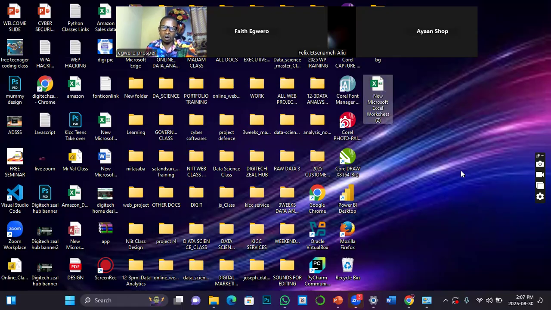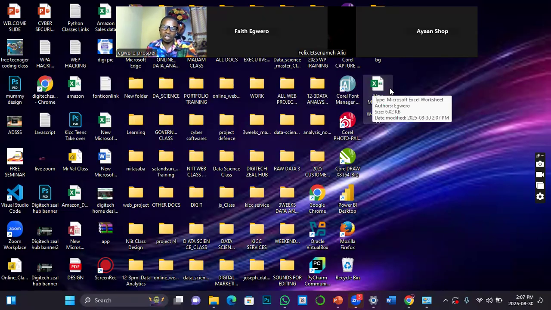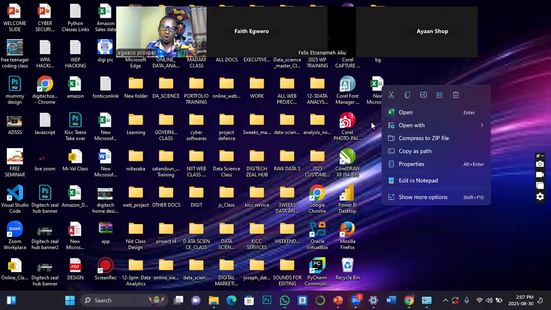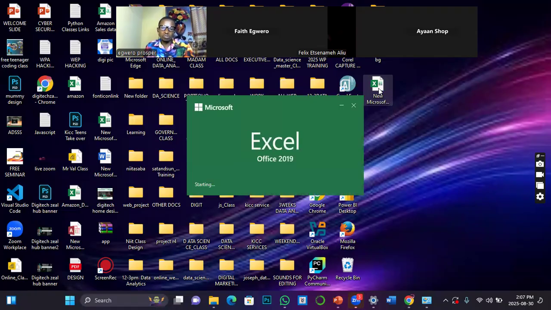So from now on, whenever I want to use Excel, I can consider launching it, or accessing the user interface of Excel, going through the shortcut icon I have created on the user interface. So now that I have the icon, how do I use this icon to access the working environment of Excel? It's just to simply right-click and select Open, or just double-click. And that automatically takes us to the Microsoft Excel interface for me to start inputting and manipulating my figures.